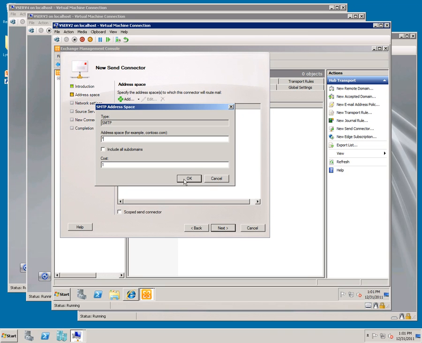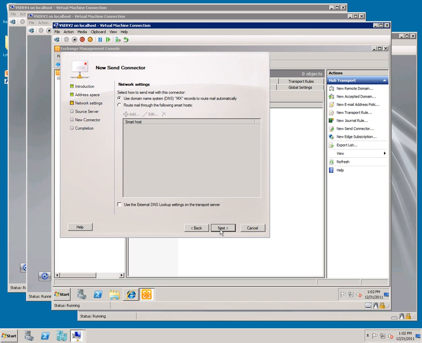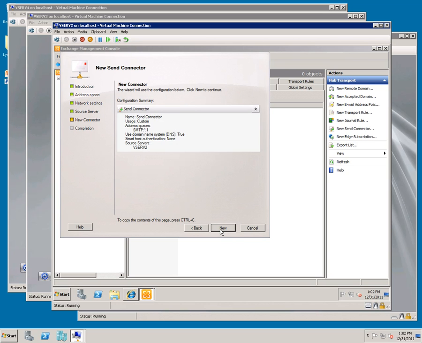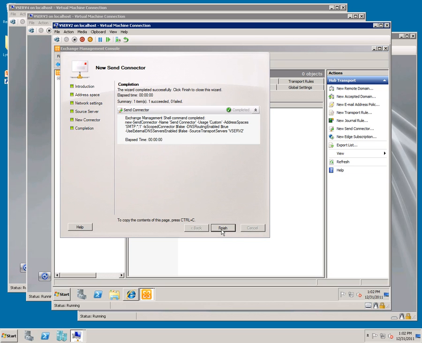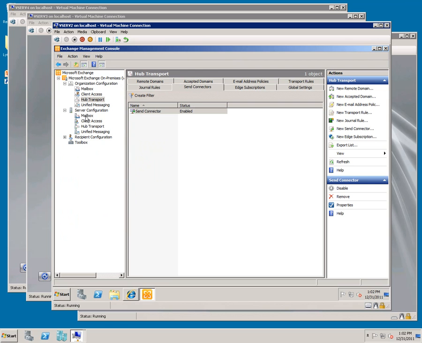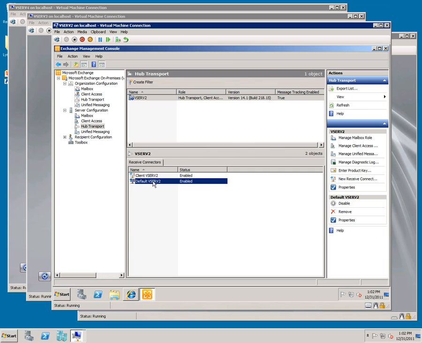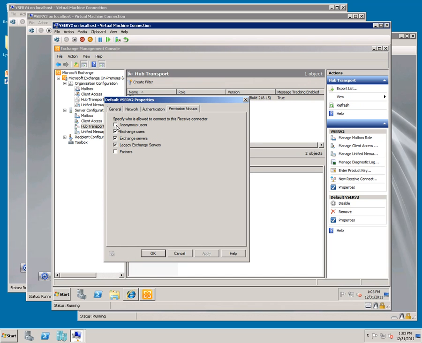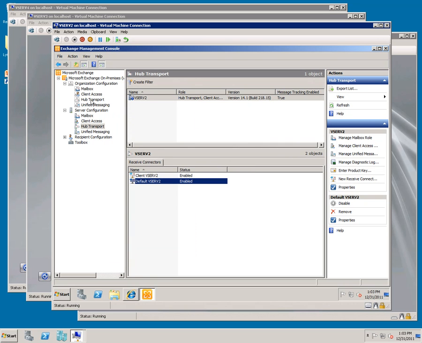the address space, click OK, click Next, click Next, click Next, click New, click Finish, go to Server Configuration, Hub Transport, Default, double click, go to Permissions Groups, click Anonymous Users, click OK, go back to Organization Hub Transport,